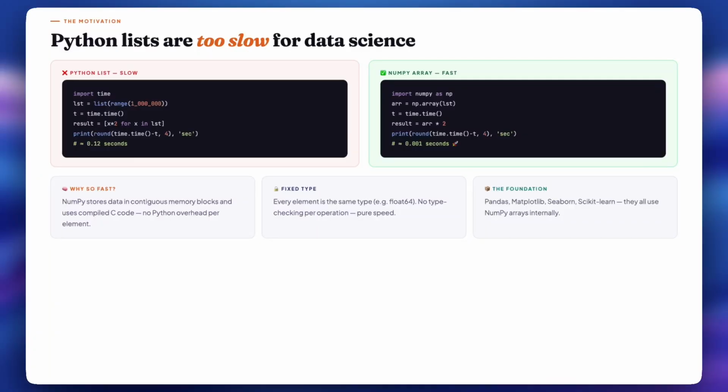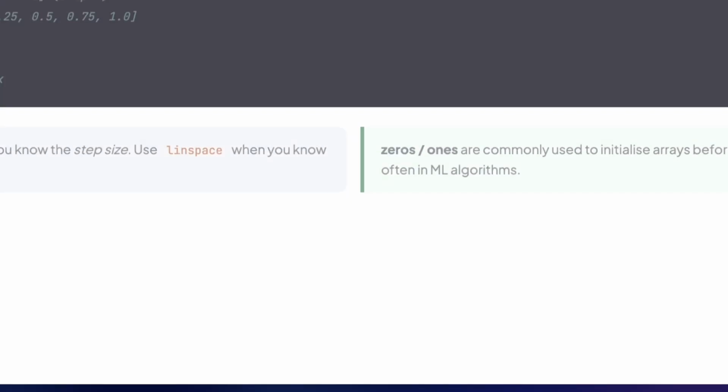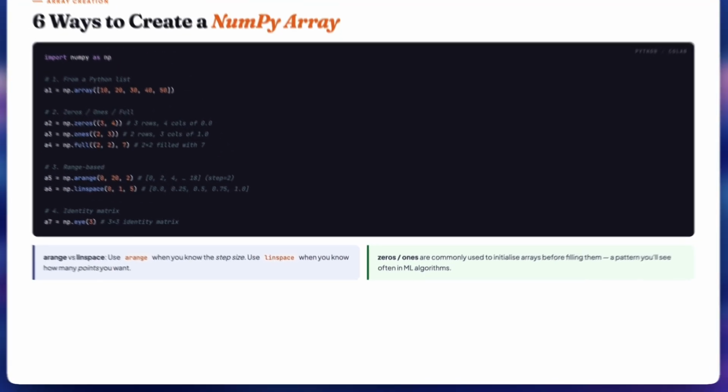solutions. Now the third and last point is C under the hood. When you call an operation on an array, NumPy doesn't run a Python loop. It calls a pre-compiled C function that does the whole thing at the hardware level, with no Python interpreter overhead whatsoever. This is what lets deep learning frameworks train on billions of parameters. It's all arrays, all NumPy-style operations, all vectorized. Let's build some arrays with the next slide, which shows 6 ways to create a NumPy array.